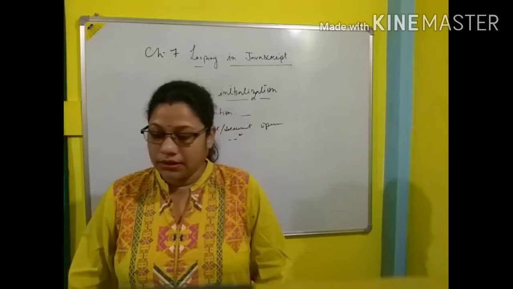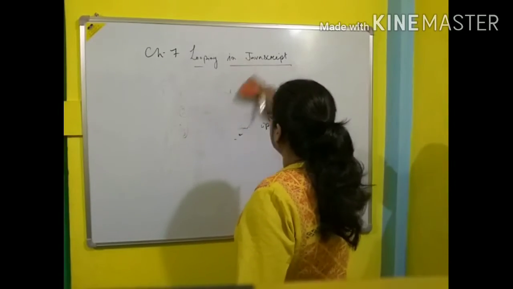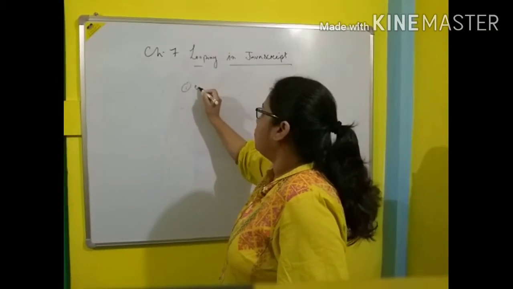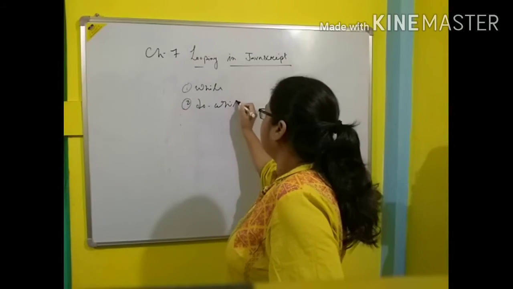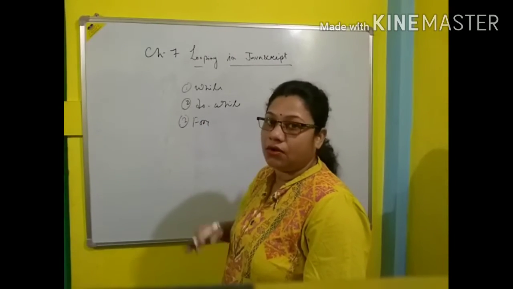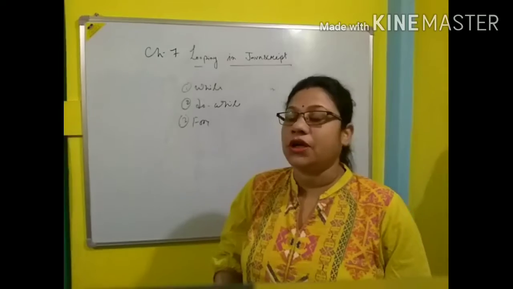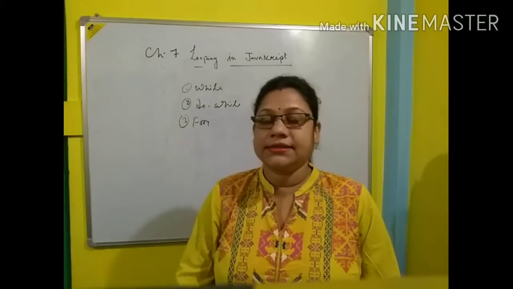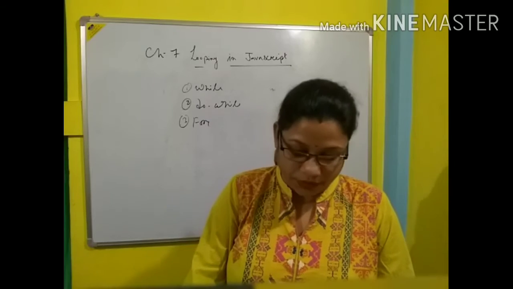Okay, so now there are many types of loop available. The first one is the while loop. Number 2, the do while loop, and number 3 is the for loop. So these are 3 very common types of loop which we have already used in our C++ or C programs also. So while, do while, and for loop. So let's discuss how to use these 3 types of loop in our JavaScript code. So first of all,